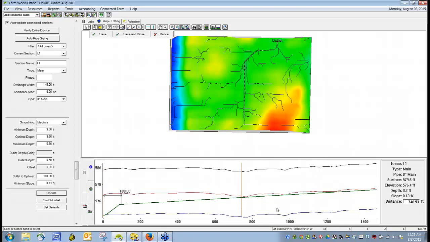We can click any place on the profile here, and the program will show us where on the tile line that we are. So say, for example, if we had some issues with an error or something like that, we could click on it here to see where we were at on the map, or we can make maybe an adjustment to that line to make it so that that line would flow better as the program